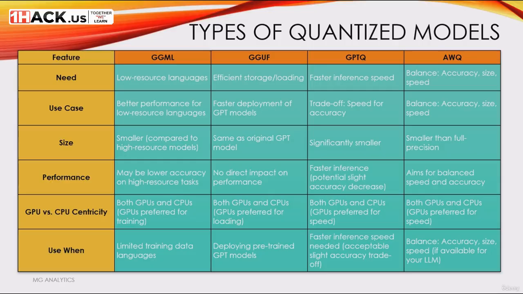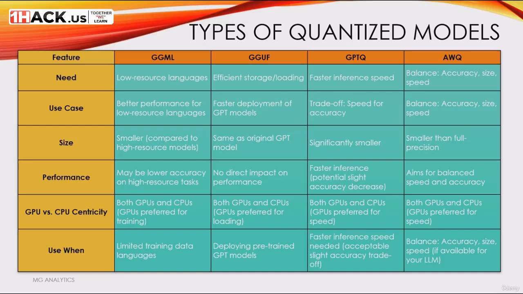So it basically is used when we want to dynamically adjust the quantization level of model weights during the training and the inference for optimal memory usage and speed. It basically aims to achieve a balance between accuracy, the model size, and the inference speed by dynamically adjusting the quantization based on the training data and the hardware. Now, it will be obviously smaller than the full precision model, and it will try to balance the speed and accuracy, and